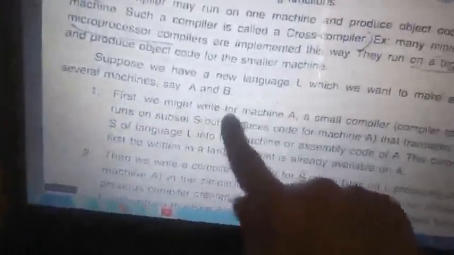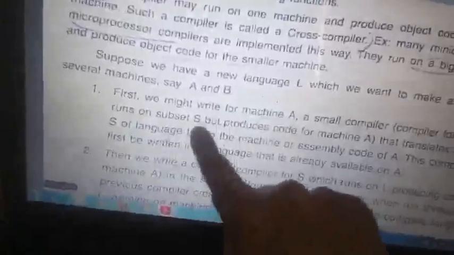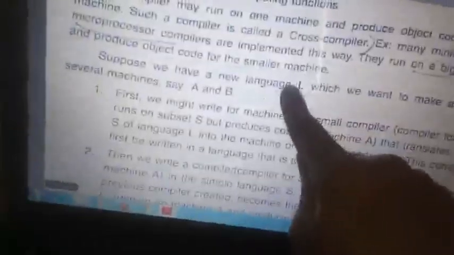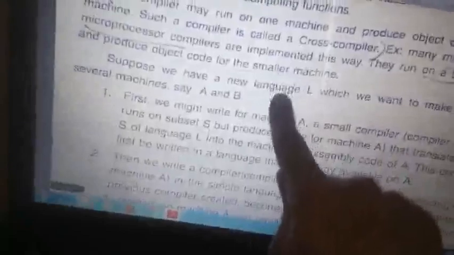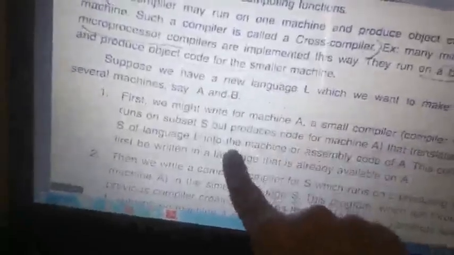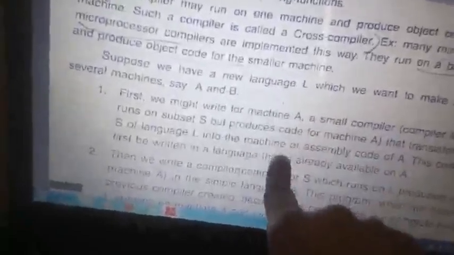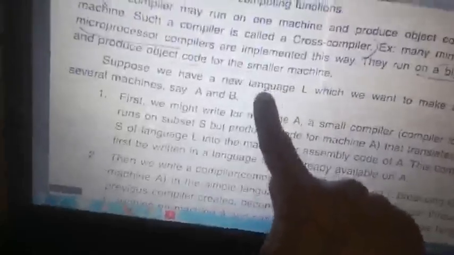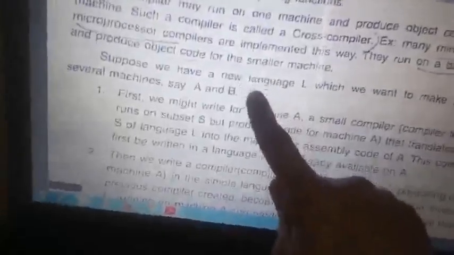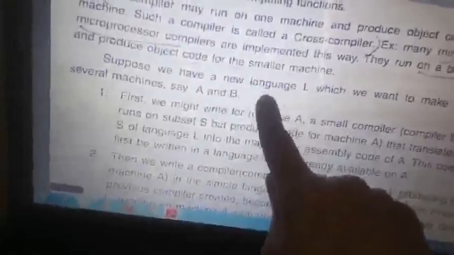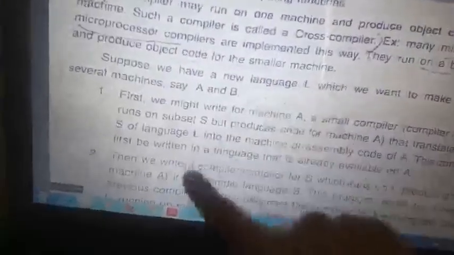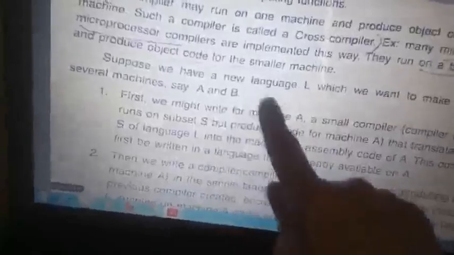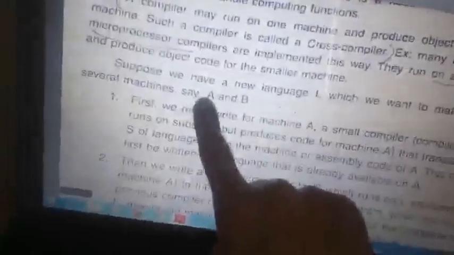For machine A, a subset of the program called S of L. Not for the whole language, for half of the language we write a compiler and convert it. Whenever we convert, we get half the language created. Next, using that half language, we convert the other half on the same computer A. Now we have created a language for A.